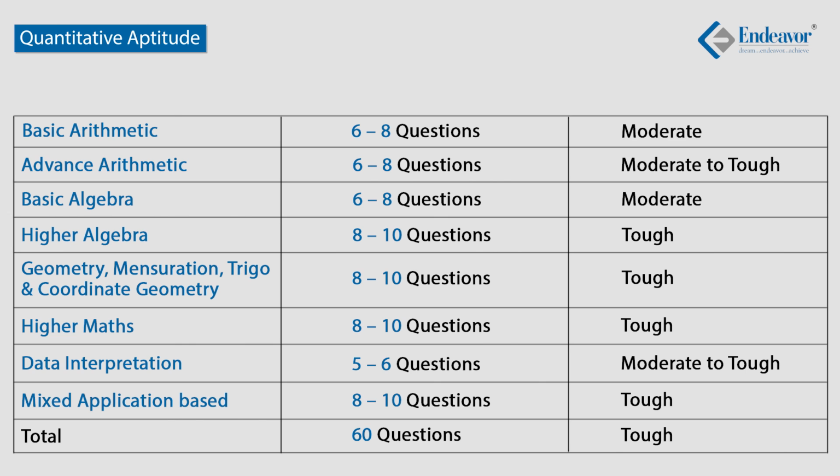So, around 6 to 8 questions on basic arithmetic, around 6 to 8 questions on basic algebra. Chapters like percentages, ratio, numbers can be classified into basic arithmetic, and chapters like linear, quadratic equations, set theory can be classified into basic algebra. There is a good focus on higher algebra, higher arithmetic and modern maths, or you can also call it higher